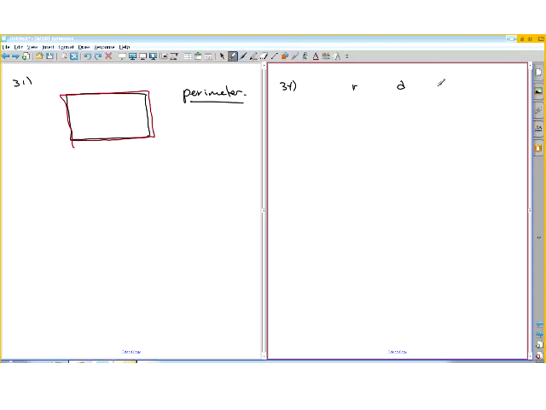Okay, we're supposed to fill these in. All we have is r, d, circumference, and area. And in problem 34, we're given this 9, and we're asked to calculate everything else. So the diameter is twice the radius. So you just multiply 9 times 2. To find the circumference is 2 pi r, and the area is pi r squared. So 2 times pi times r, which is 9,